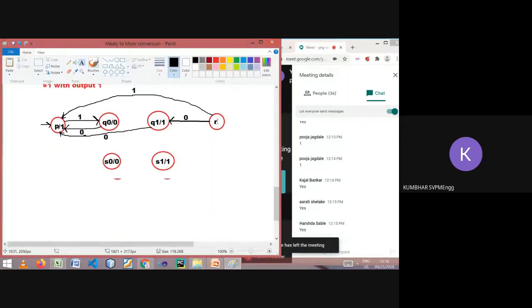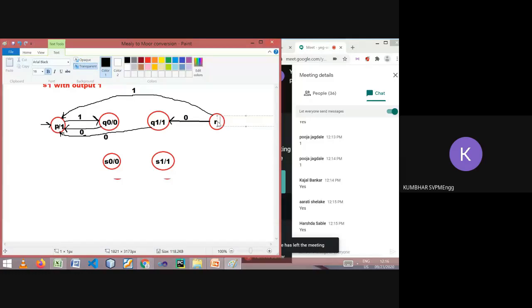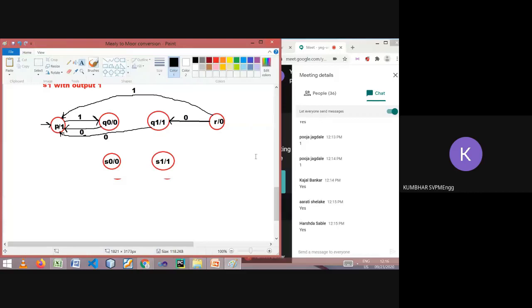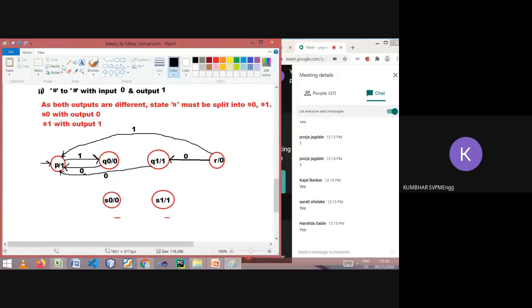From P on input 0, it will go to the state R0. It is very straightforward. From P, it is going to R, which is giving the output 0.